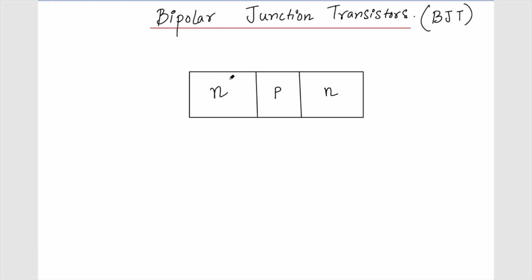This N-type material is called the emitter, this middle one is called the base, and this one is called the collector. We'll see why we name them emitter and collector. The reason is basically that the emitter will emit the carriers and the collector will be collecting them. And of course we have three terminals here